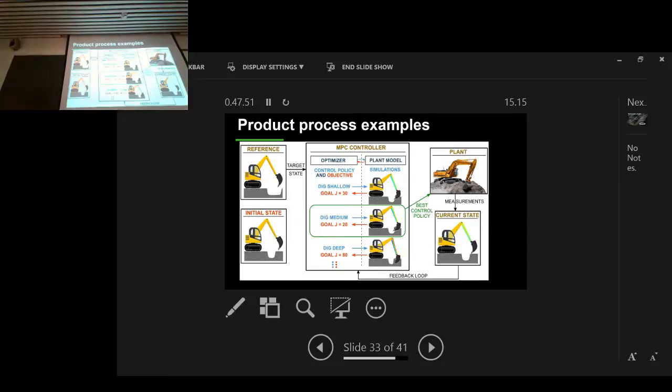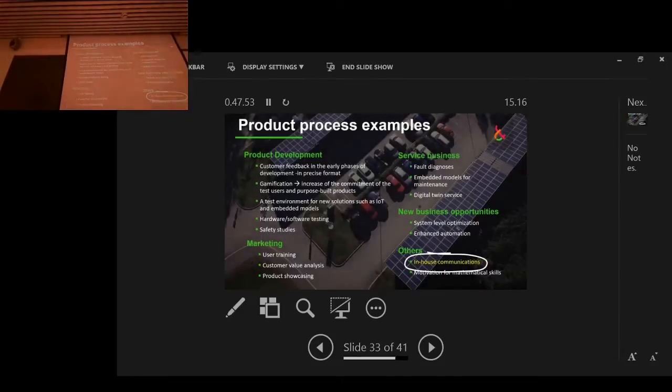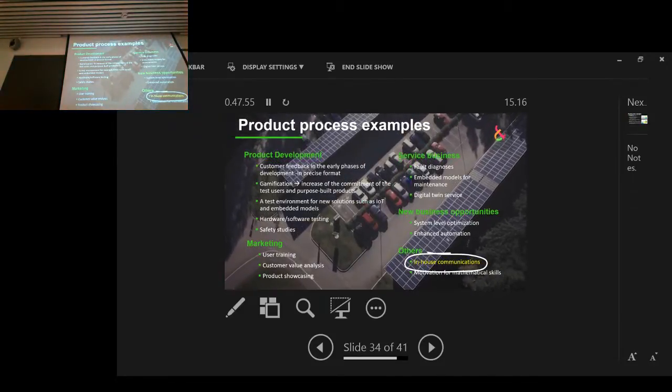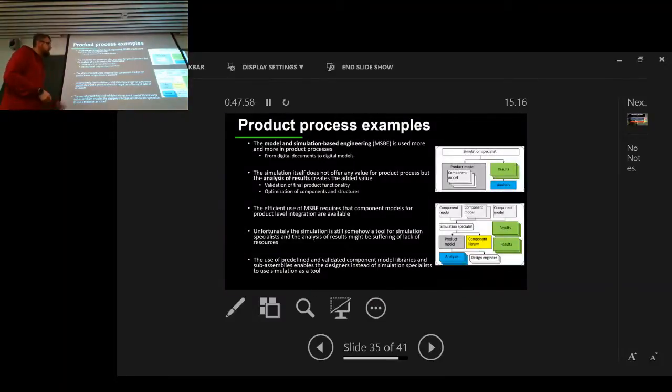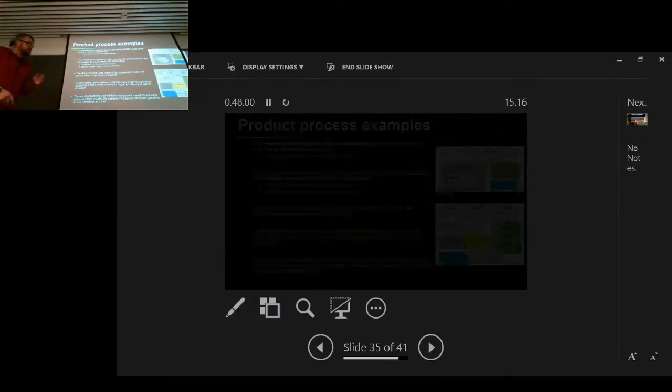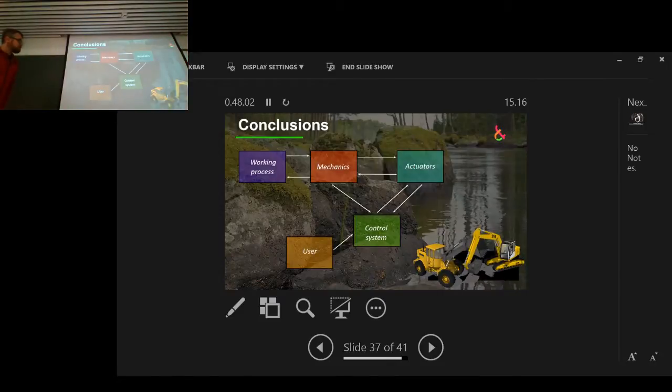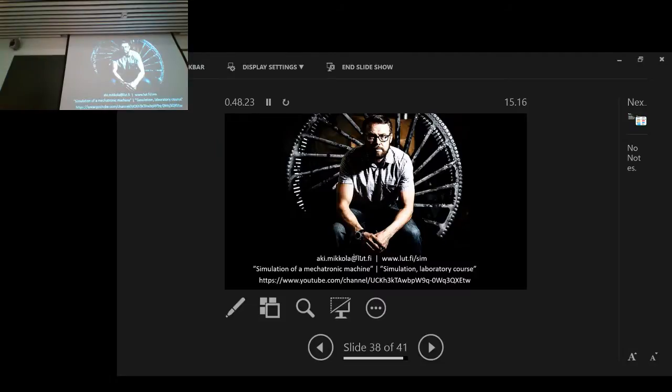Okay, here's how it works, theoretically how it goes. In-house communication, that's what I'm going to skip, so I don't want to explain that too much. It's a bit of a complicated topic. The conclusion is this. If you want to run things in real time, and if you want to use a digital twin, we believe that this is the core of the digital twin. So it's a representation of physics, and then the working process is kind of part of it. The user may be involved, sometimes yes, sometimes not.